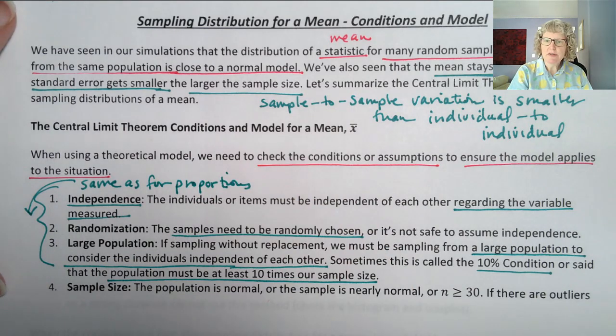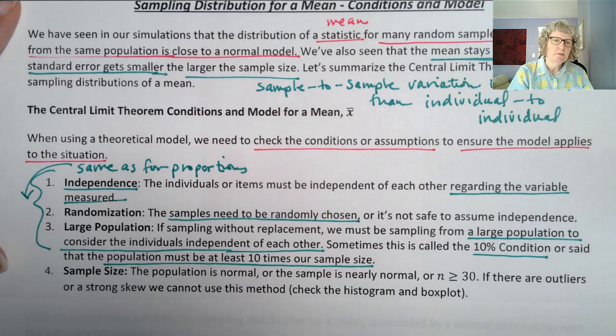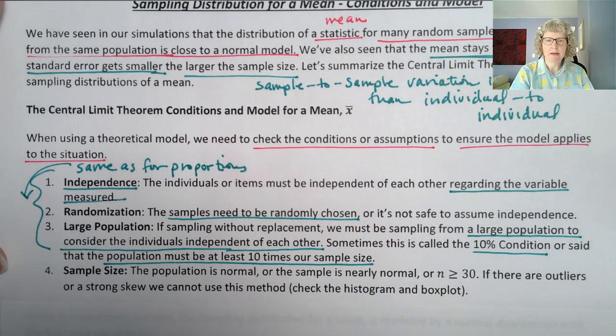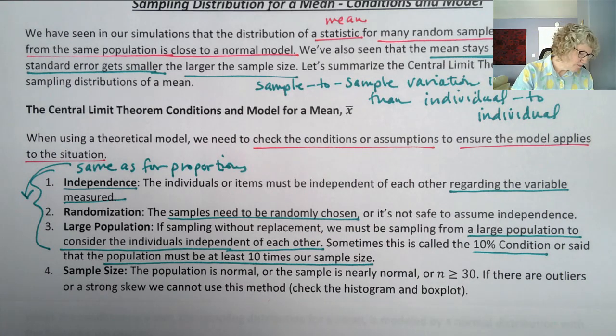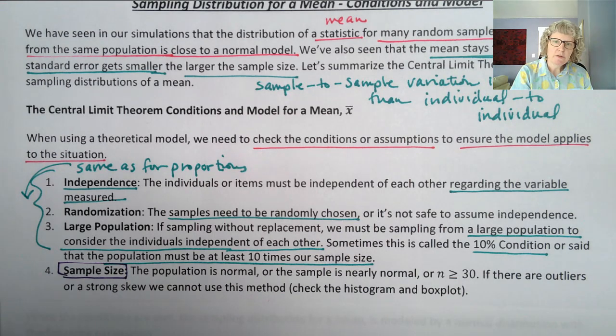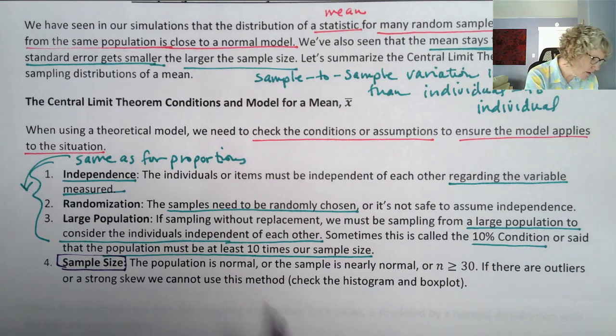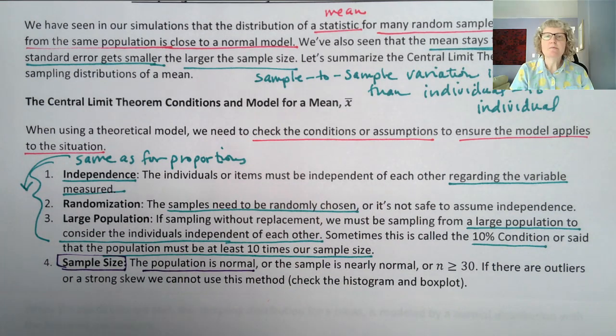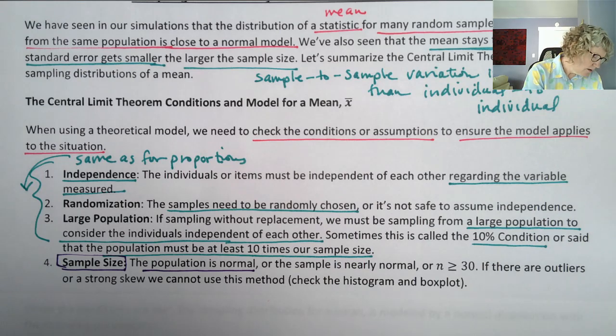But the way we do the sample size is different. You might remember we did success failure before because the normal shape depended on n and p. Here we don't have a p, we have an n. So this one is called sample size. And there's a few different ways that this can happen. So either if we feel like the population is normal, so measurements do tend to produce a normal distribution. They just tend to be normally distributed. So if we believe the population is normal, or if we're told the population is normal, then that's great, because remember, once it's normal, it's always normal.